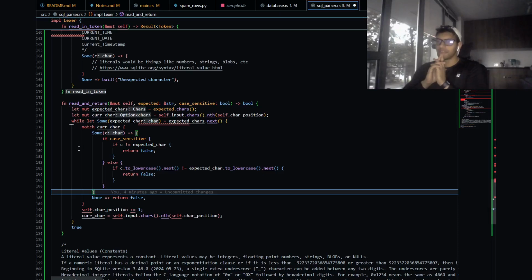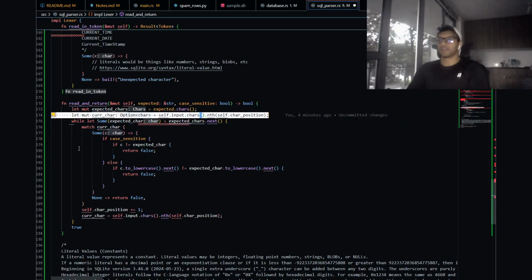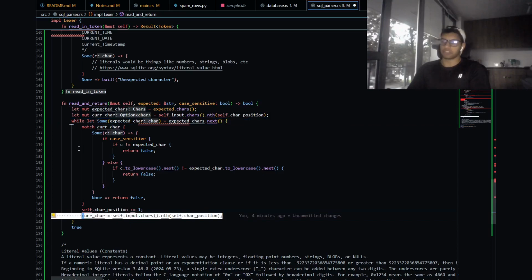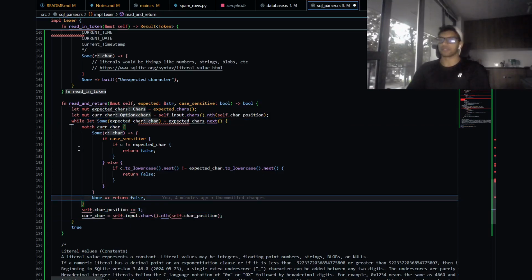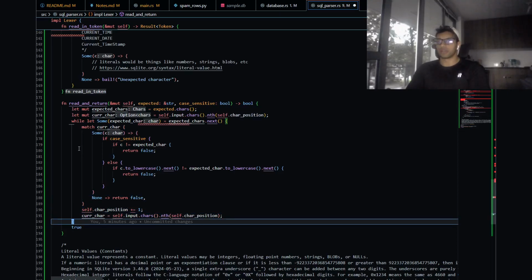What the heck? Where's C coming from? Match current character. Where did we get current character? Oh, okay, cool. I see it. Here's current character, and at 191, they're just resetting current character. That was my bigger concern. They're moving forward, checking it, and as it goes ahead it gives you that. So at 172,